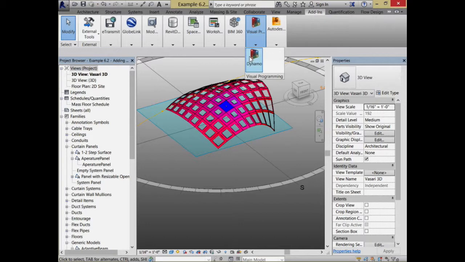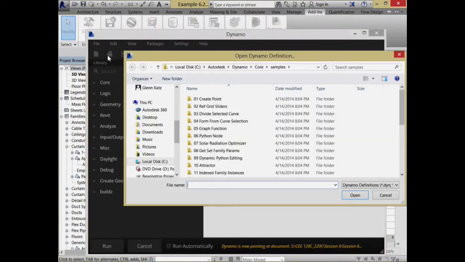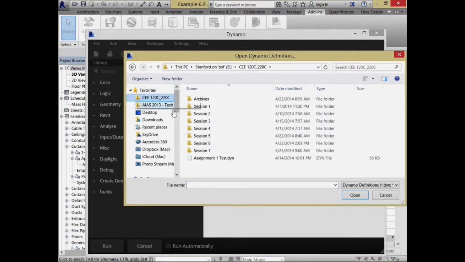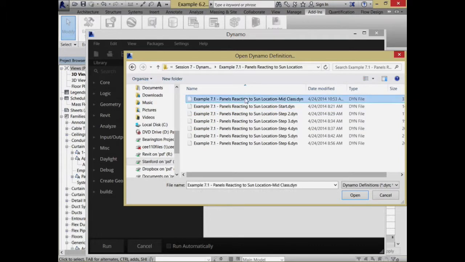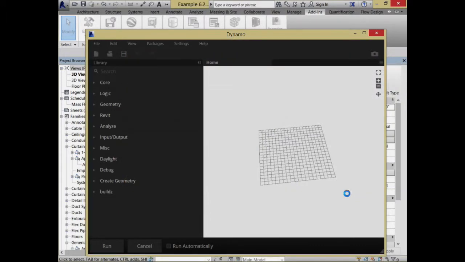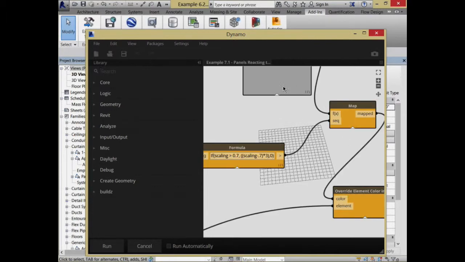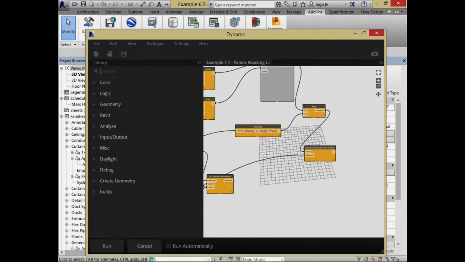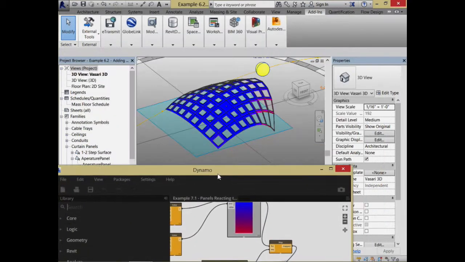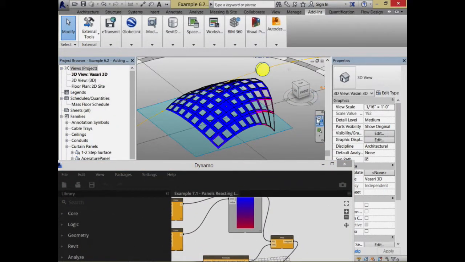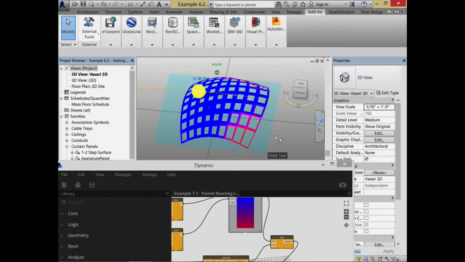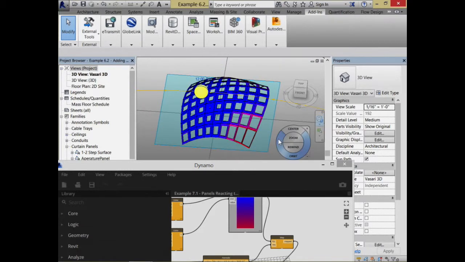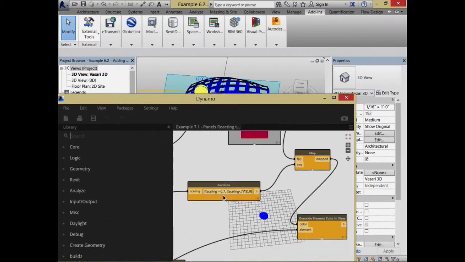Dynamo, let's open up that mid-class one. Oh, now it's a little bit more dramatic in terms of what's going on. I think what's happening is, yeah, you can sort of see I'm just playing around with the scaling factors. I think it was basically kind of stuck and not doing very much for me. Let's go back to the 0.5 again, because I think that was probably an okay scaling factor